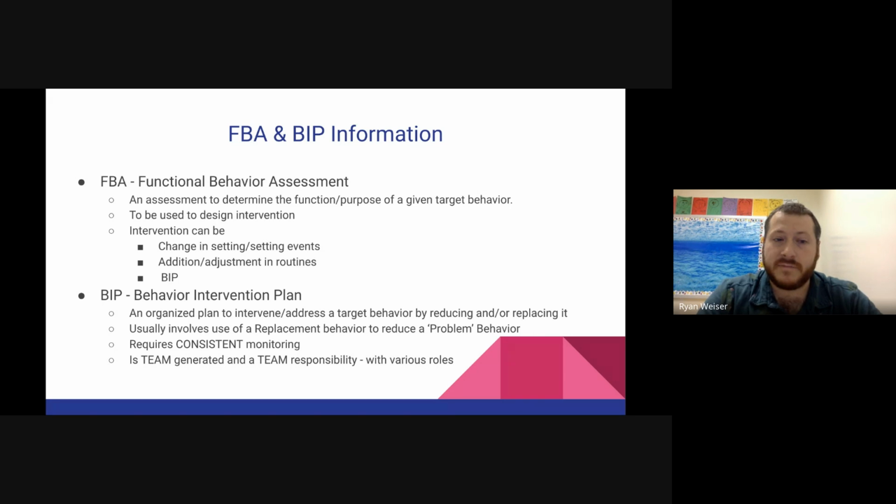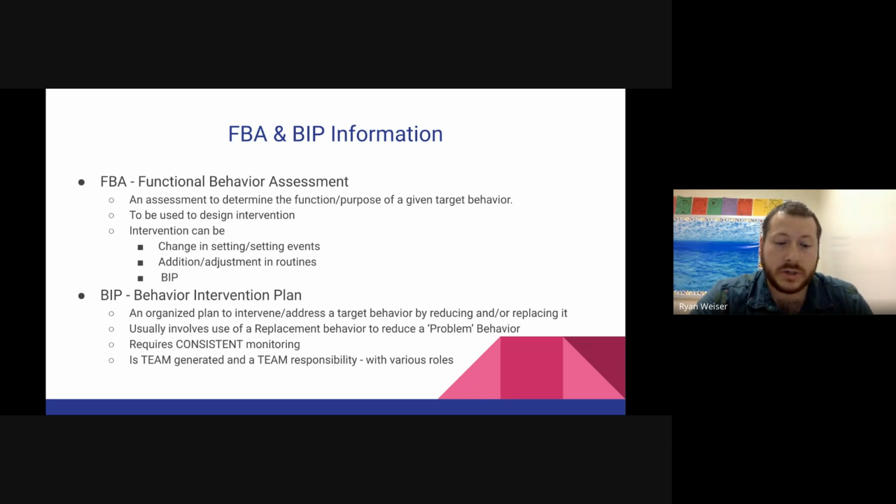First things first, an FBA is a functional behavior assessment. We're choosing the problem behaviors, the targets that we want to focus on, and then we want to see what the function of it is. Are they trying to escape? Are they trying to gain something? Maybe it's attention, maybe it's access to an item. There's a lot of different functions that we might see. Your student might be very different than any other student we've written an FBA or a BIP for. Once we have that idea, we're then going to design an intervention based around that.